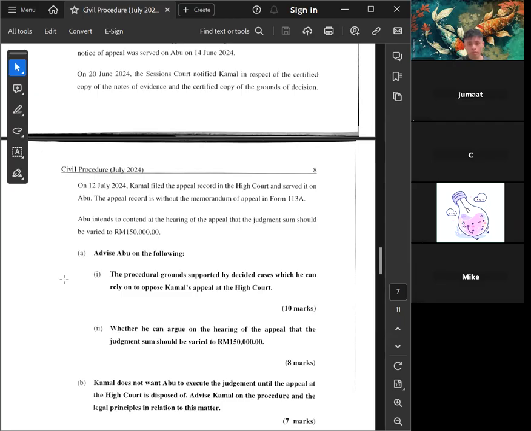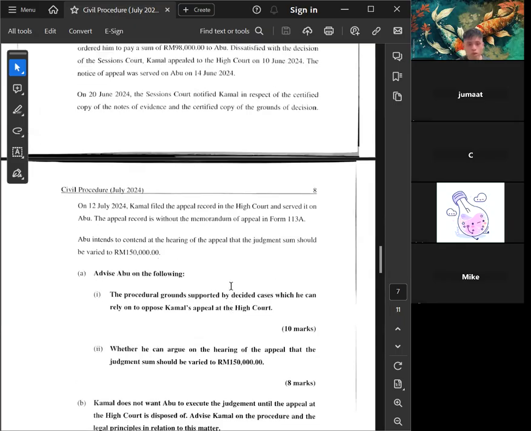And then appeal, I think this is quite lucky because it is appeal to the High Court, so that you still can find the relevant order and the rules in your rules of court. However, if the appeal is concerning the appeal to the appellate courts like Court of Appeal, Federal Court, then you are really, really unlucky, but you have to memorize all the relevant rules and also the sections. Okay, so by looking at this question,